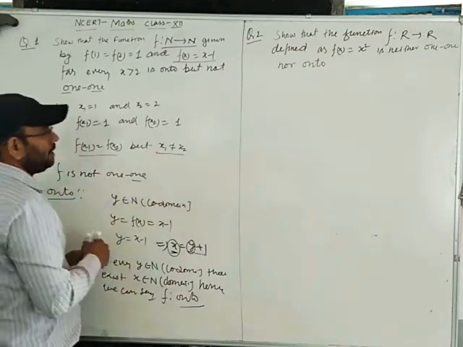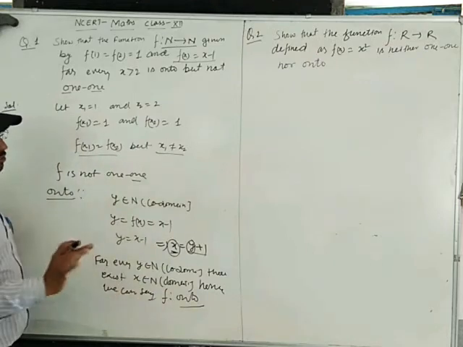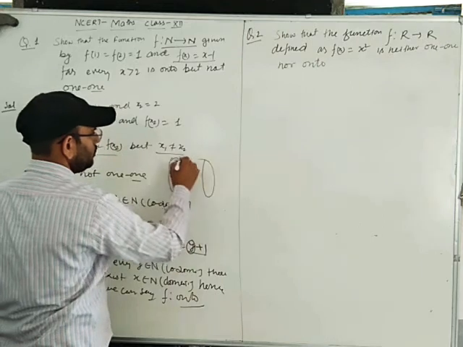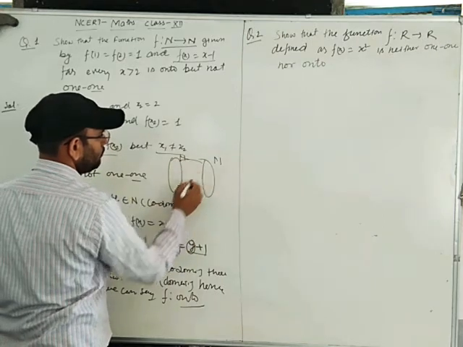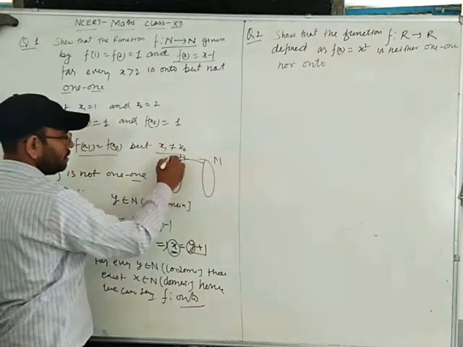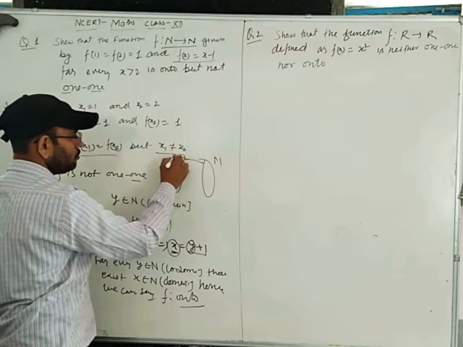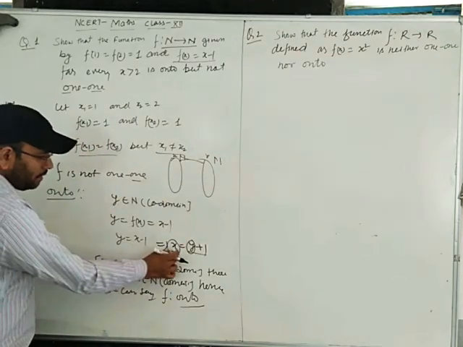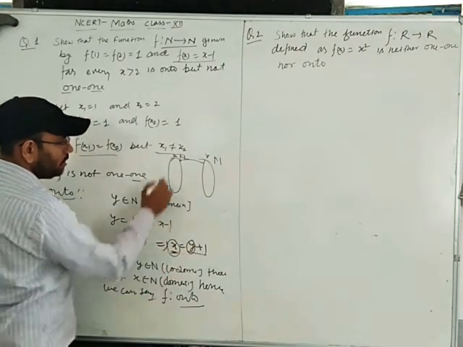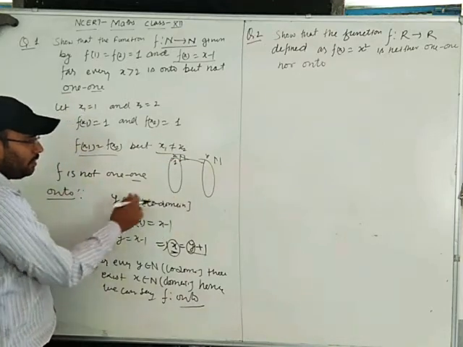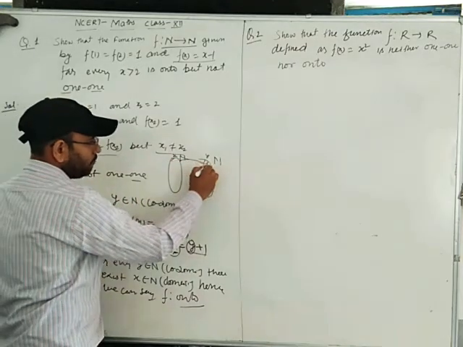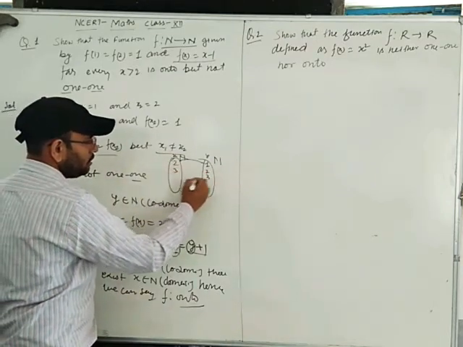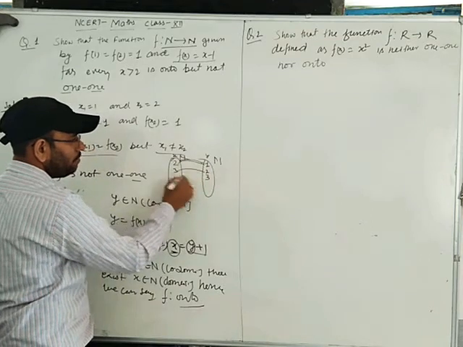What is the condition of onto? I can explain this by an example, but this is what you have to write in your board examination. For your clarification, we have two sets, natural number and natural number. Clear? So this contains elements, suppose x, and these contain y. So we are getting a relation x is equal to y plus 1. If I take y is equal to 1, you get 2. If you take 2, you get 3. For 3 you get 4. For every value you have a pre-image.